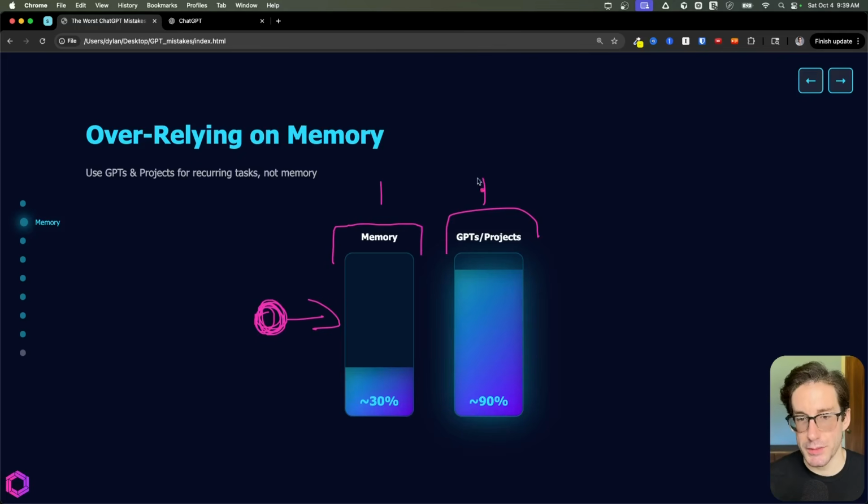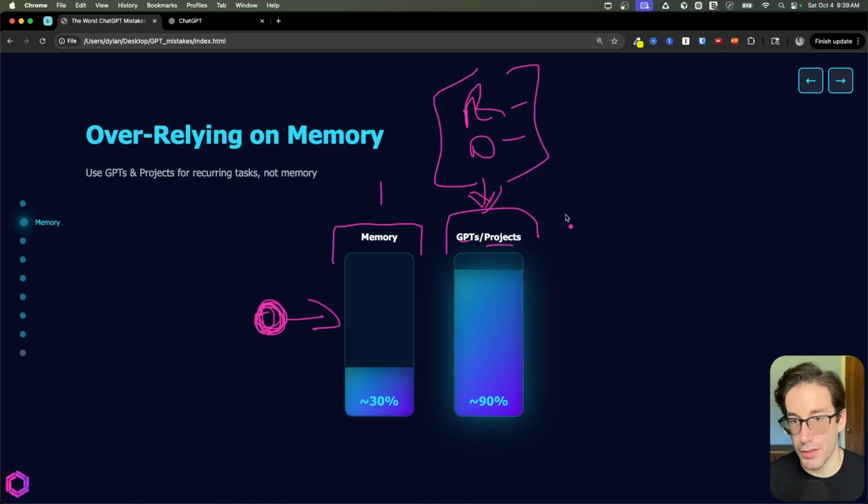But when it comes to a very specific task, like writing a certain type of report, doing a certain type of analysis on a data set on a recurring basis, doing a certain type of research on a recurring basis. So anything that's repetitive and that's somewhat deep in nature, you want to dedicate that to a GPT or a project. By doing this, you're going to increase the likelihood that the AI is going to achieve a given task because you've given it a very thorough system prompt for this specific GPT or project, and you've also given it a series of files that it can reference to know what good looks like when it's performing this task.